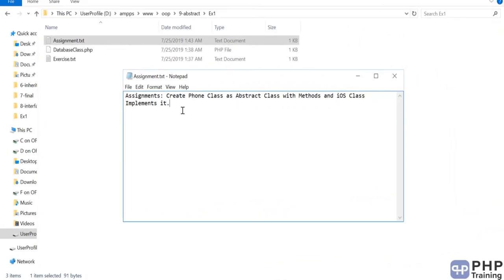Hello and welcome to the assignment section. In this assignment, we will try to do the same assignment we did in interface, but we'll try to change the phone class into an abstract class. Okay, this way you get to learn the abstract class, how to define them, how to declare them, and do it without seeing the code. Okay, that's the whole intention of an assignment and exercise.